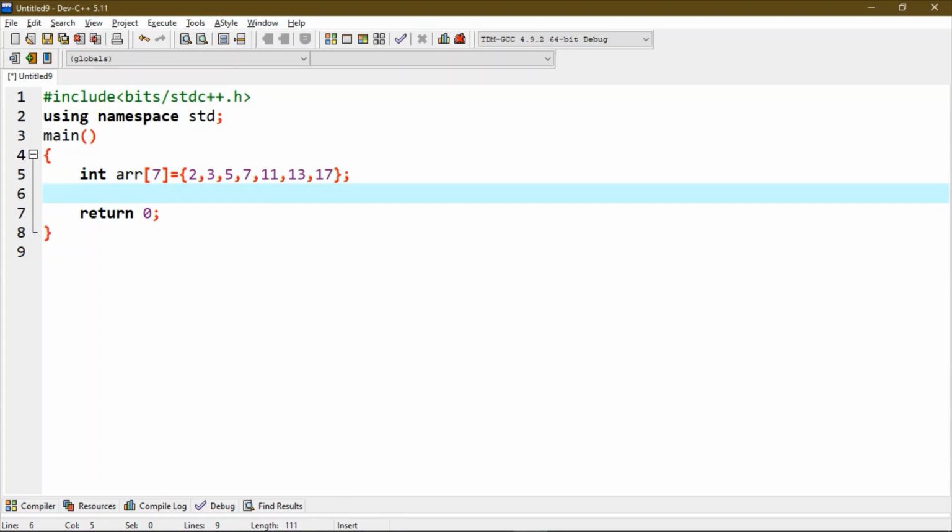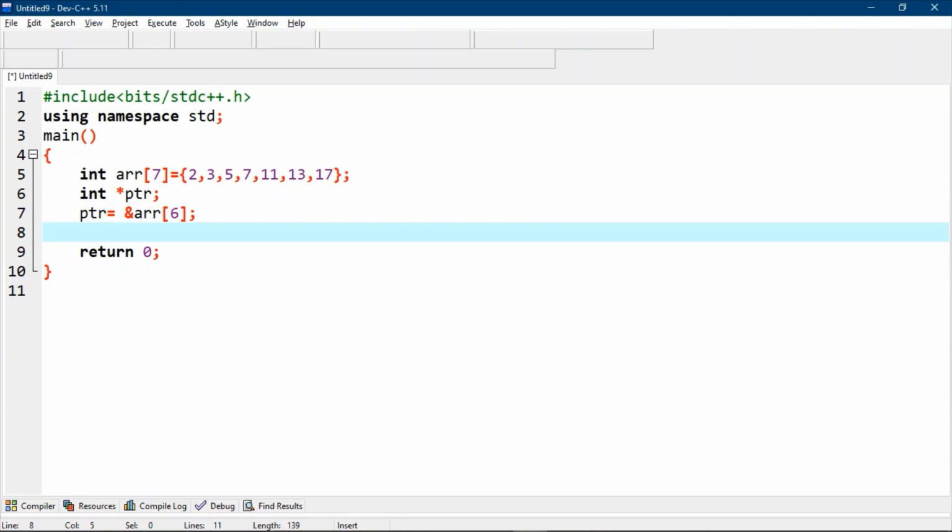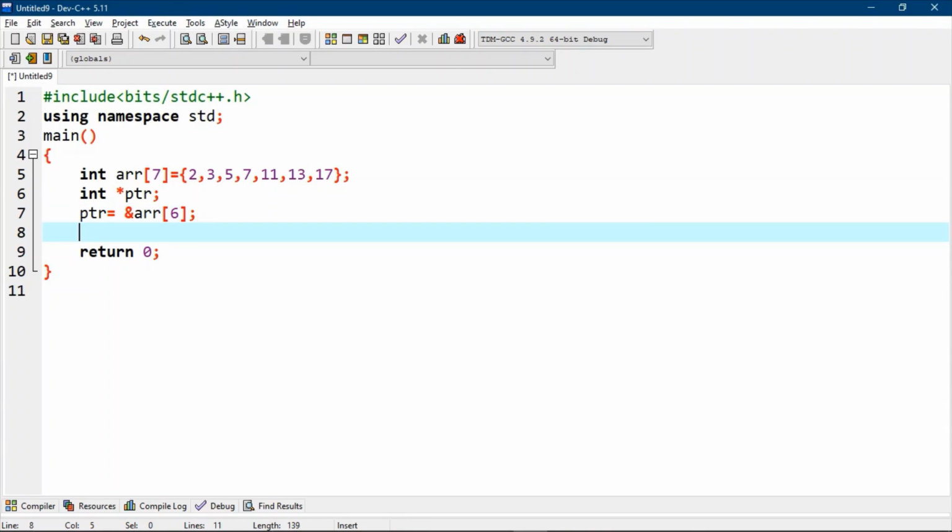Then declare a pointer ptr and assign it to the array's last element. Now let's take an integer n to subtract from the pointer.